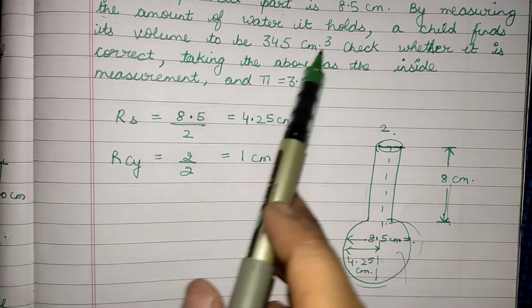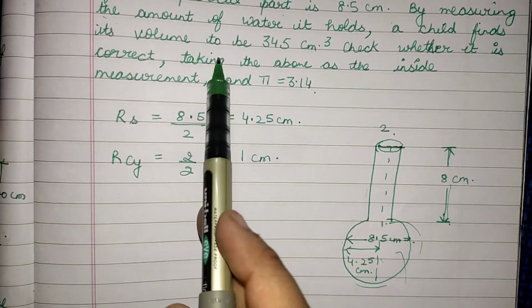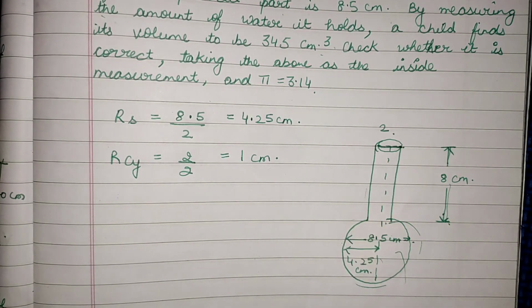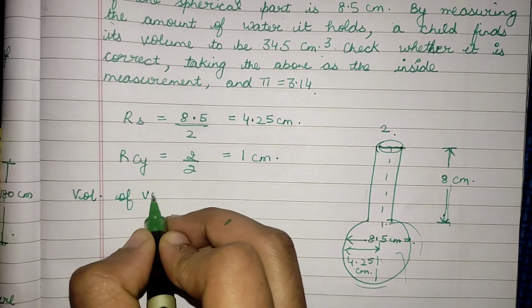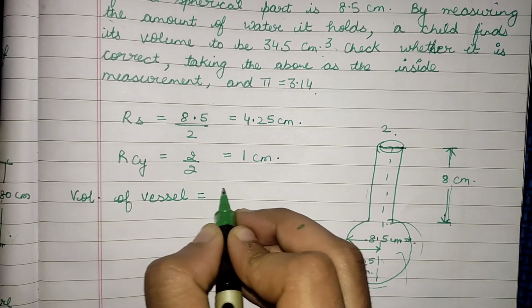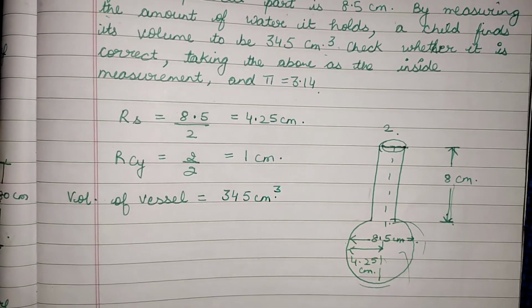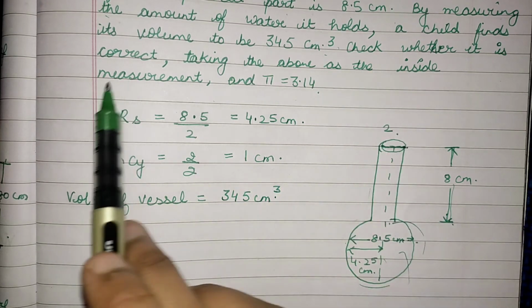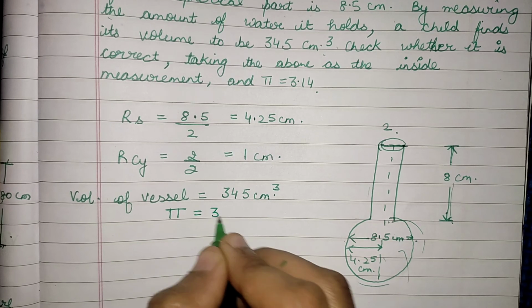By measuring the amount of water it holds, a child finds its volume to be 345 centimeter cube. So volume of the vessel is given to you equal to 345 centimeter cube. Check whether it is correct, taking the above as the inside measurement, and pi is equal to